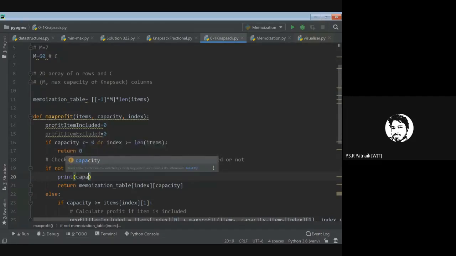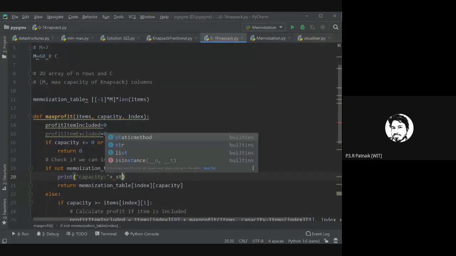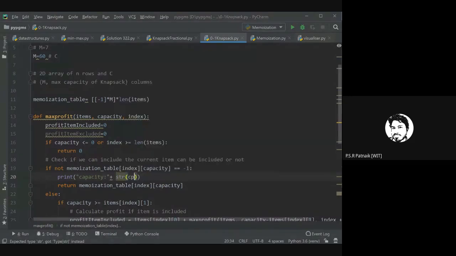Print capacity plus str of capacity plus index plus str of.